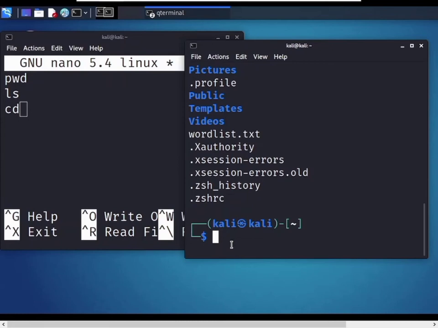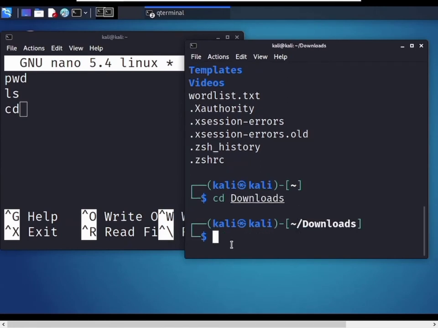Then you can type cd Downloads. Remember, this command is case sensitive and you have to type the name of the folder exactly as it is.